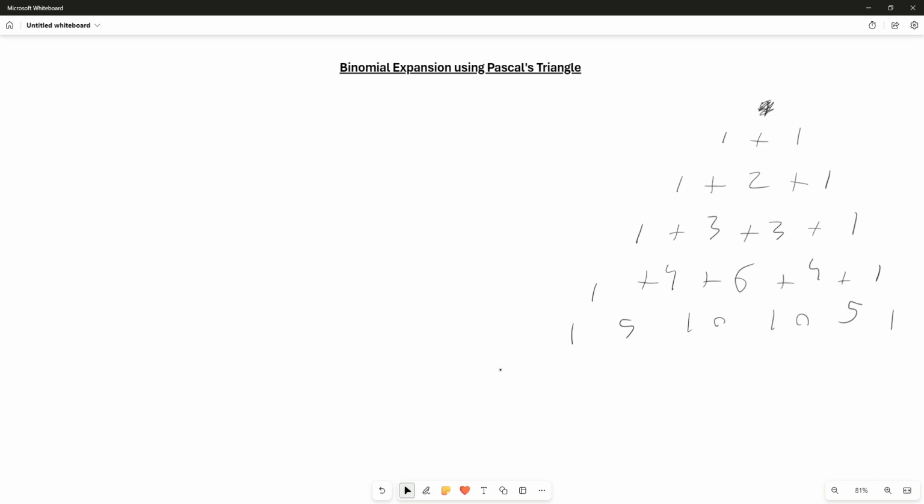So what does this have to do with binomial expansion? Well, let's say that we have the binomial 2x minus 2, and let's say that we want to expand it to the 4th degree. Now we could multiply out 2x minus 2 times 2x minus 2 times 2x minus 2 times 2x minus 2, but that would take forever. So instead,